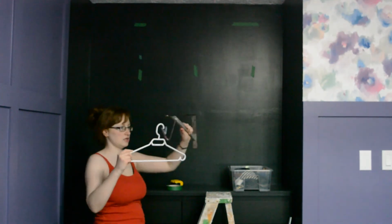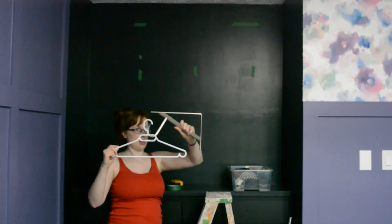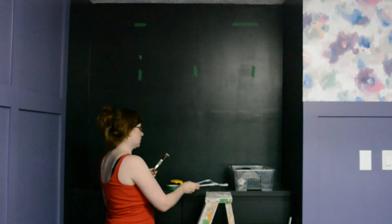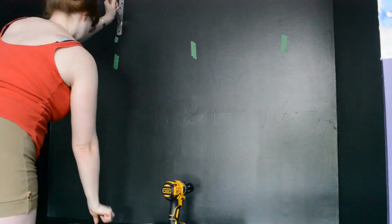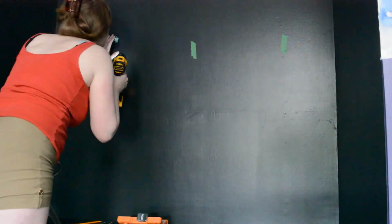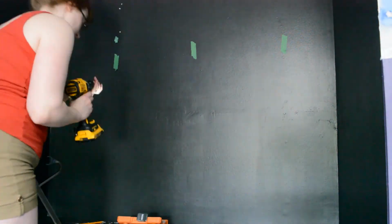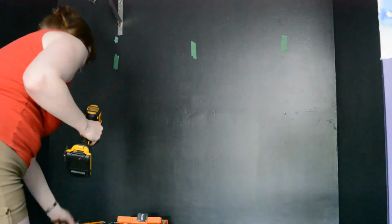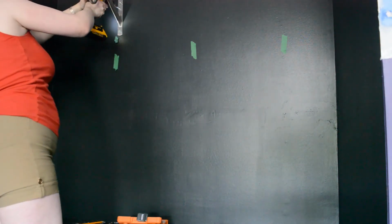Holding this in place, kind of how it would go, I see this lined up where the bottom of this is. So I'm just going to go and climb and see where that is. And it actually works out perfectly because that's the max height we can get to. So I'm going to secure these in,